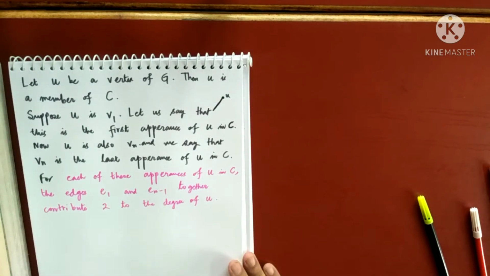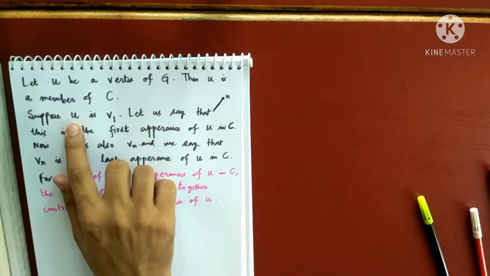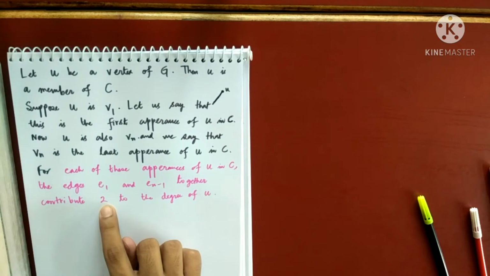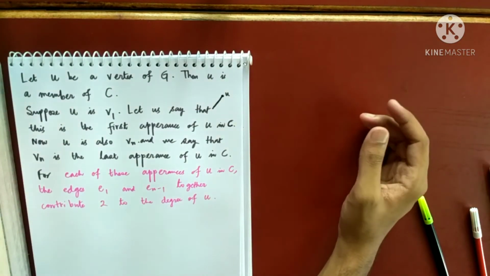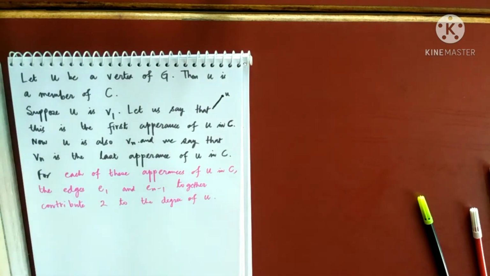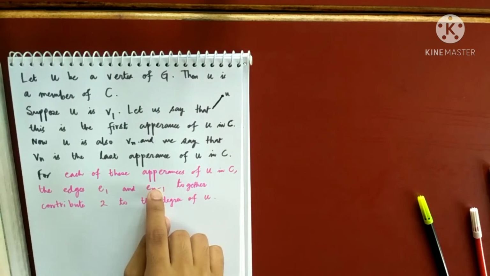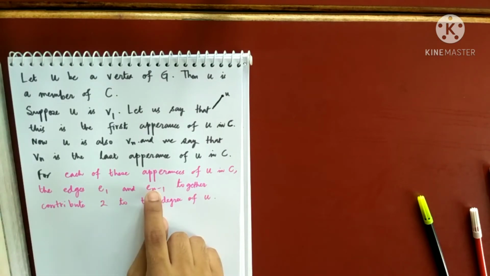So you try to understand my point. When U is the starting vertex of the circuit, then its degree is 2, or basically every edge that is present in the beginning, not exactly degree is 2, degree will always be an even number because it is always the first appearance and the last appearance. Due to the first and the last appearance, there will be 2 edges that will contribute 2 to the degree. One will be contributed by this edge, one will be contributed by this edge.